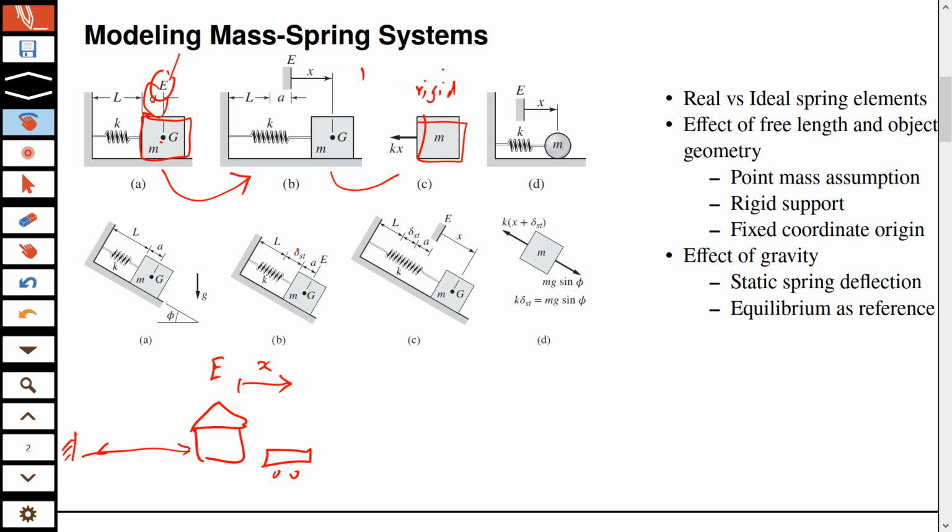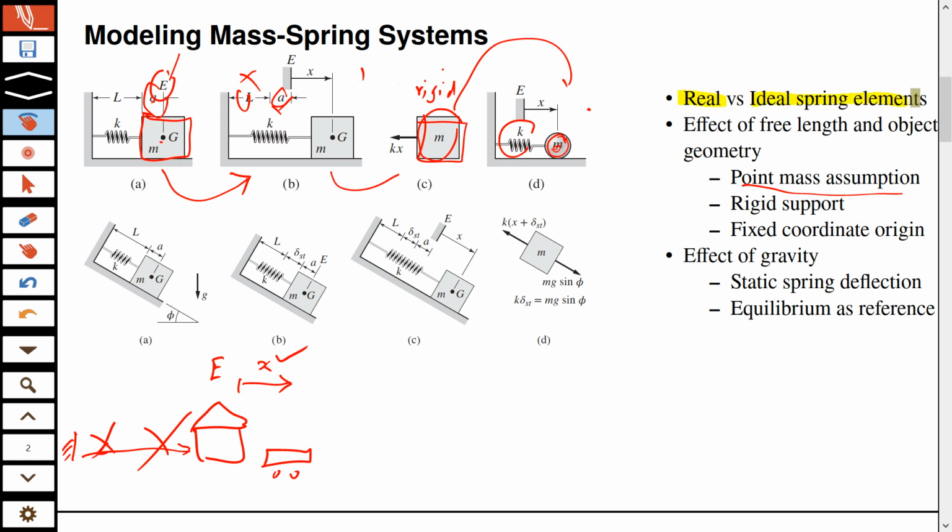So other than that, if you are happy with X, then you don't need this information. Which means that A and L will be disregarded, and that's why this shape doesn't matter. You just model this as a point mass, okay? And the spring is as it is. So there is no difference between this diagram and that diagram, and that brings us to real versus ideal spring